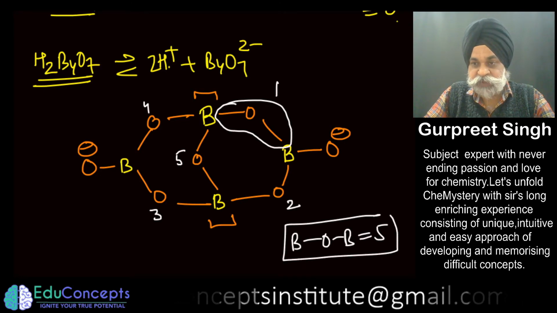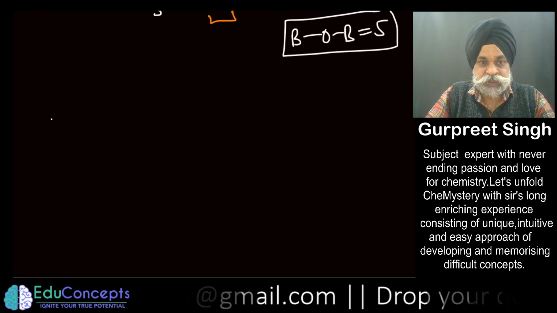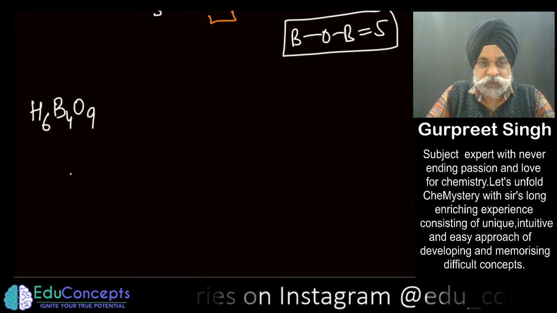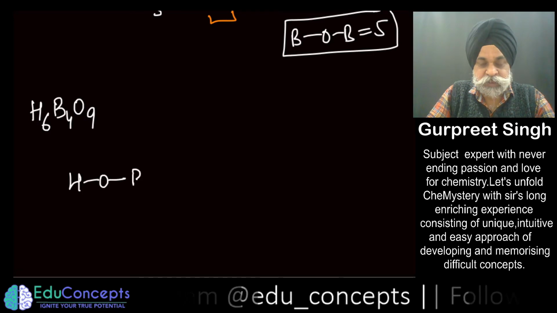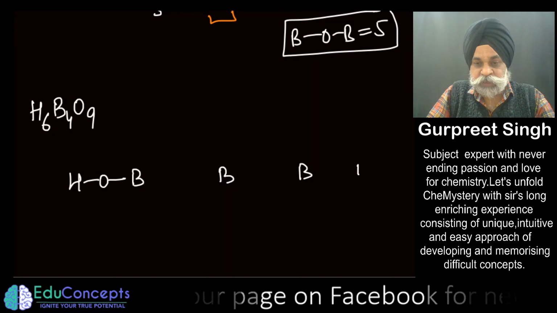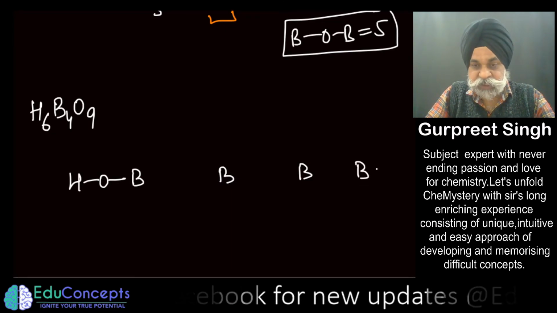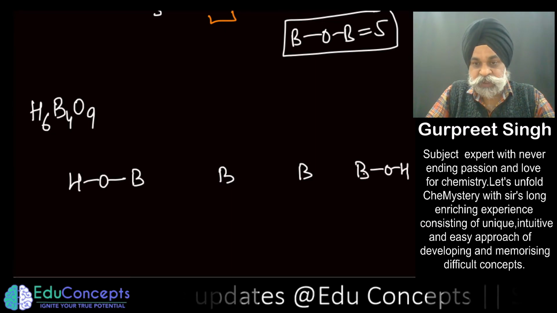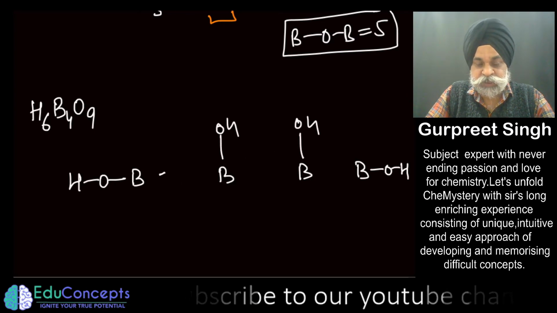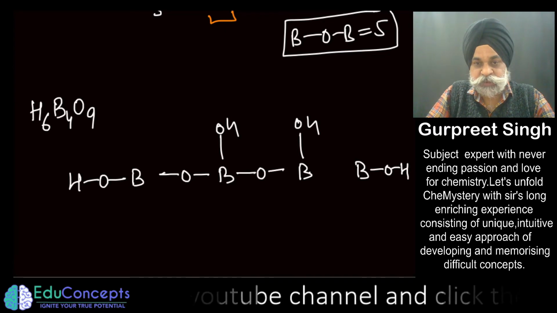And the last one which we have is H6B4O9. For this, you can place it like this. These are the borons you have. So this is the opening up of the above structure actually in the mechanism. So this is OH, and this also is OH. This also is OH, and here come the BOB bonds.